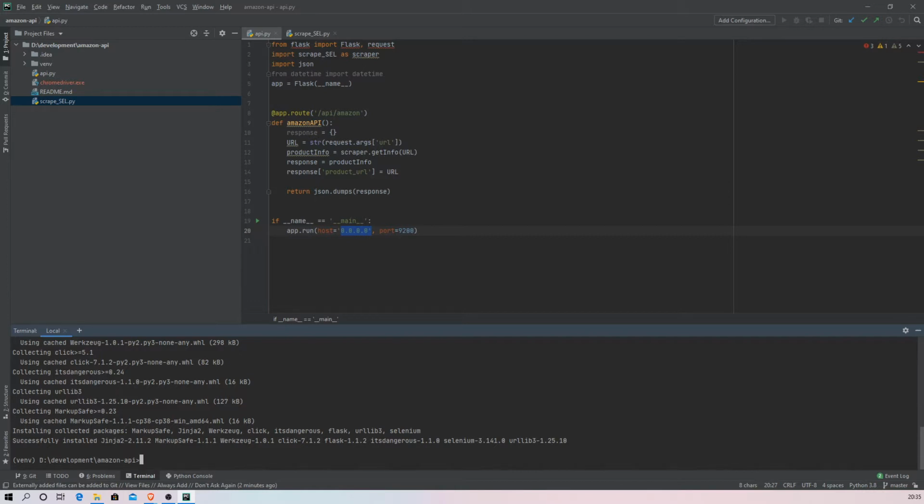Your localhost IP is always 127.0.0.1, and this IP address is only accessible by this machine.